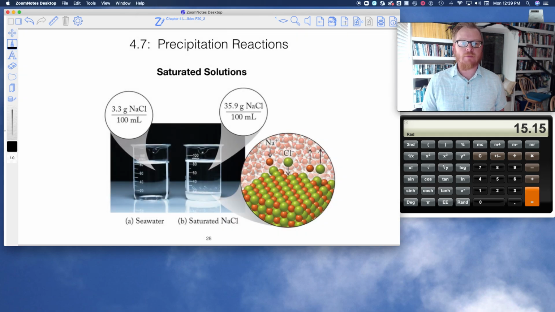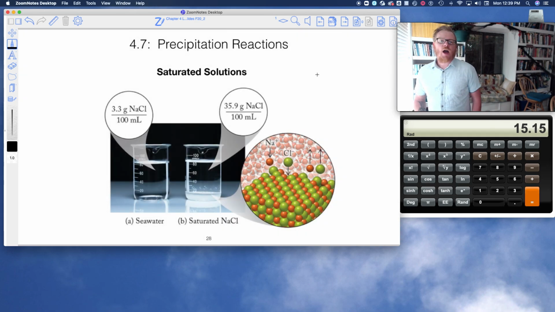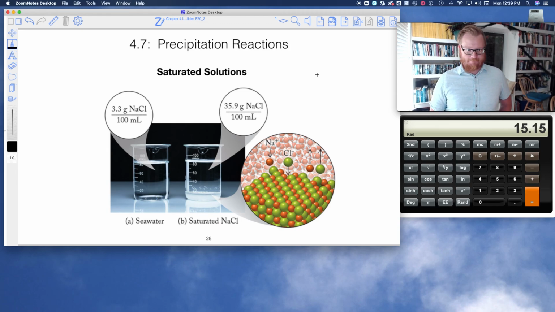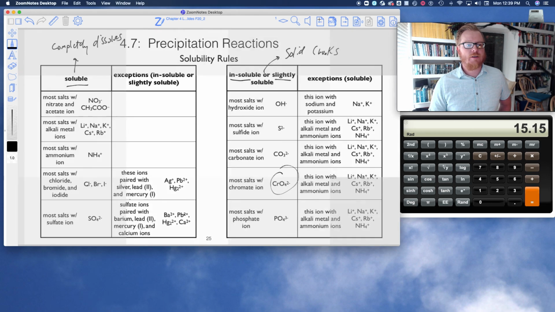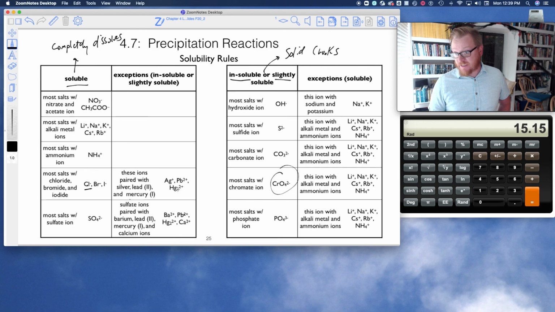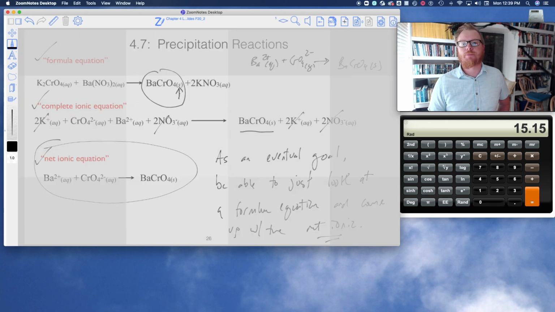Okay. So the last thing that I'll say is, what does it mean to be saturated? So we noted that NaCl is soluble because on that solubility chart here, there's chloride. Sodium is not an exception, so sodium chloride should be soluble. However,